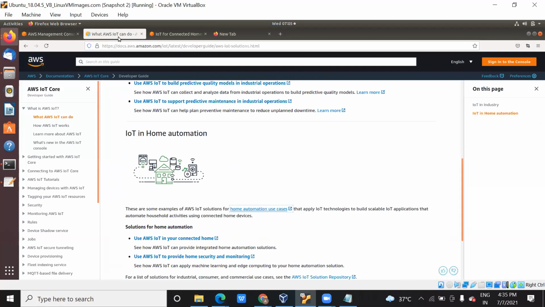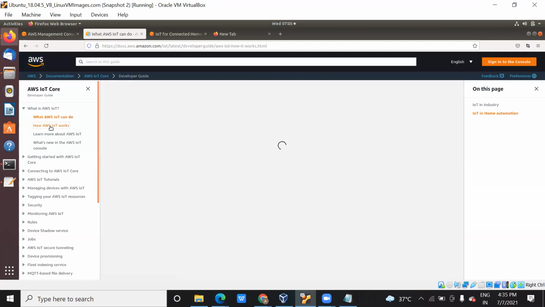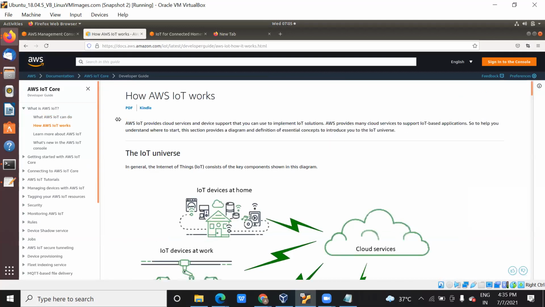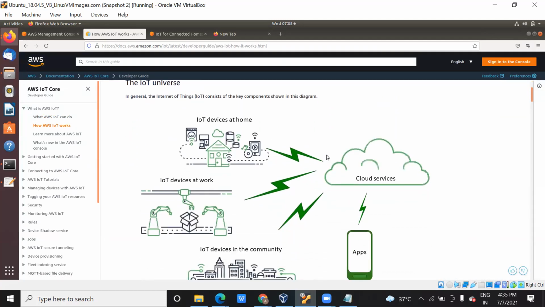Now the thing is how AWS IoT works. Okay, so let's see this. This is the lab we're going to start. I just wanted to show you the flow structure. This is the flow structure. The IoT devices installed are hardware devices, like the camera you use in your home, or automatic car locking you use in a company. You might have seen on Discovery and National Geographic how automated devices work in industry, especially in manufacturing companies. Those are also hardware devices, like robots.